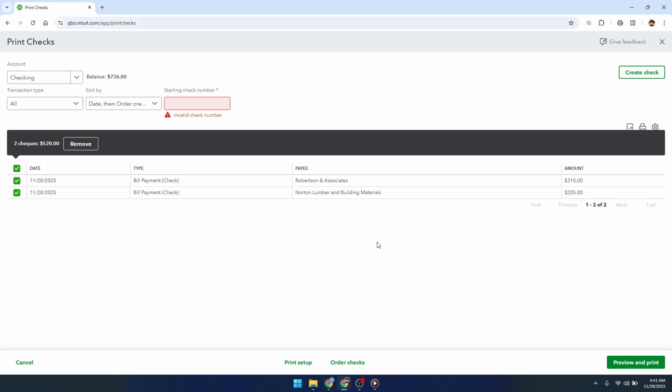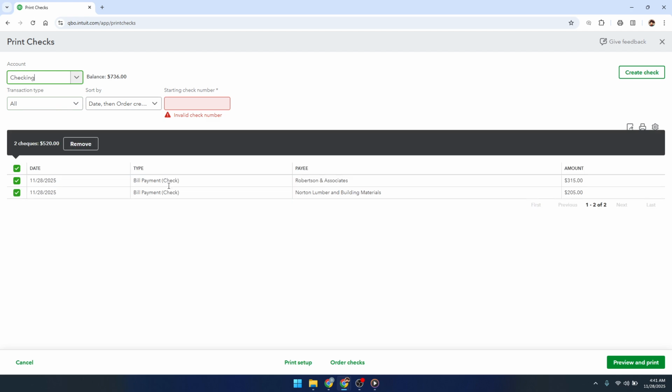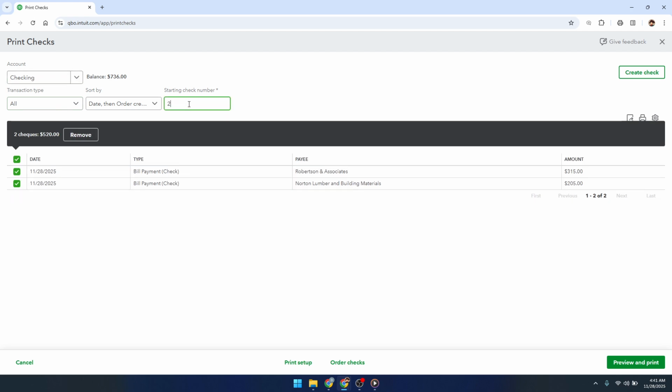After the checks print, QuickBooks will ask if they printed correctly. Answer carefully, because your response tells QuickBooks whether to finalize those check numbers or let you try again. Once you confirm your multiple bill payments by check are complete and properly recorded in QuickBooks Online,